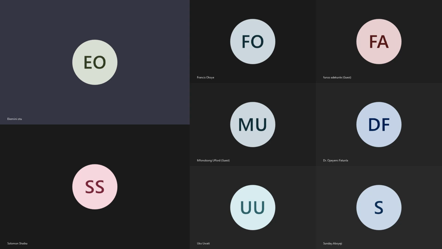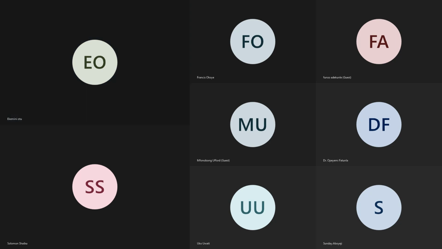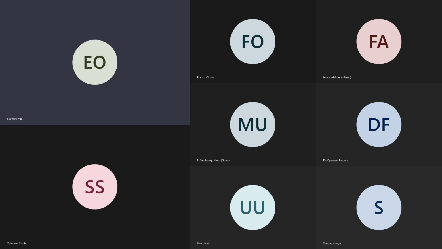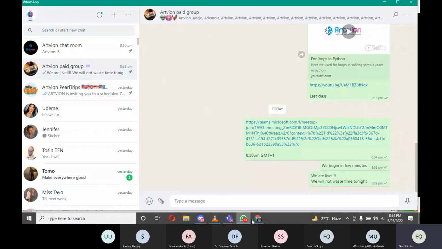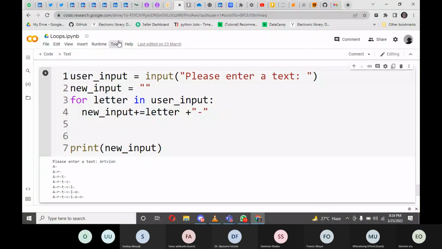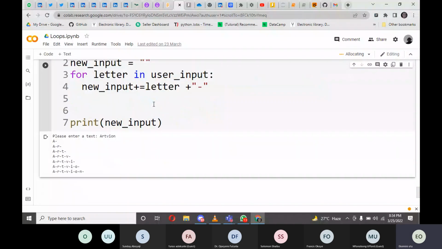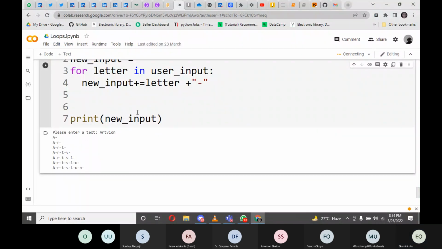So let me share my screen soon. And you can see my screen now. So next thing we're going to do, now I'm going to connect the Colab. And we can see what we did in the last class. We printed it out and it gave us